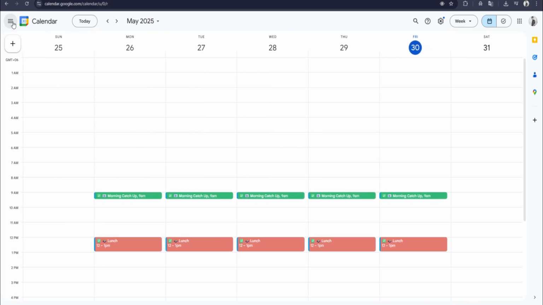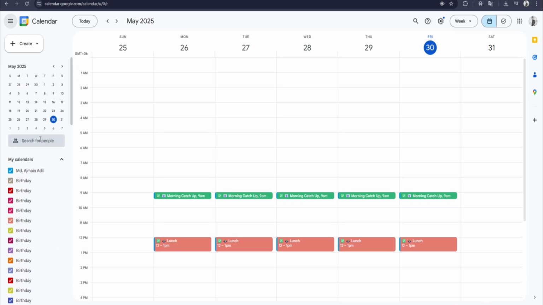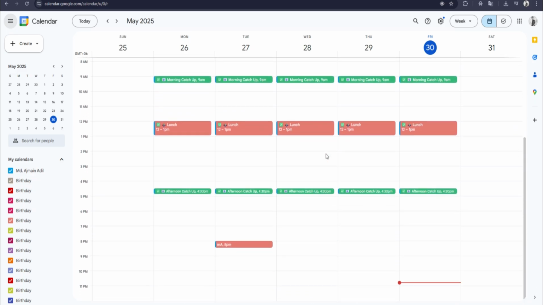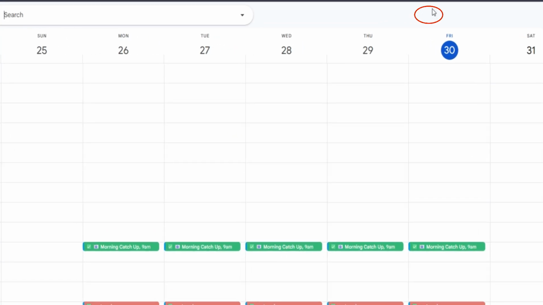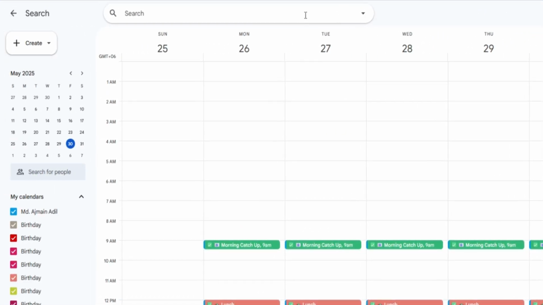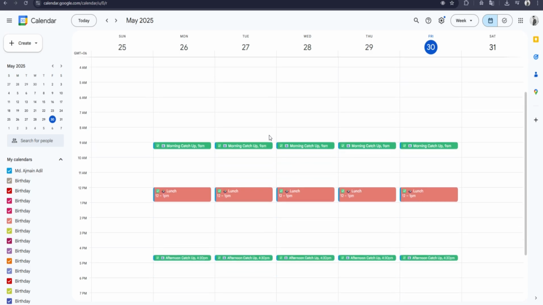your calendars list, quick access to your tasks, and the option to browse other calendars like holidays or sports schedules. Right in the center is your main calendar view, where you see your daily, weekly, or monthly schedule laid out in a grid. At the top, there's a search bar for quickly finding events or appointments, plus buttons to switch between different calendar views. By default, Google Calendar shows you the current month in a grid format, with each day